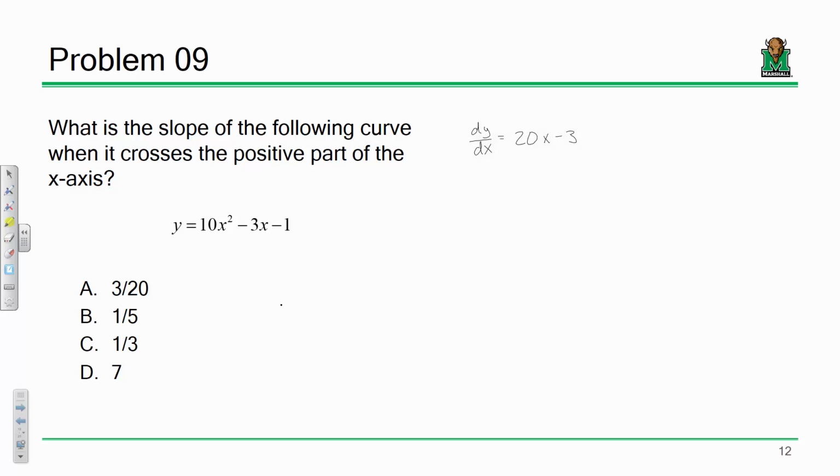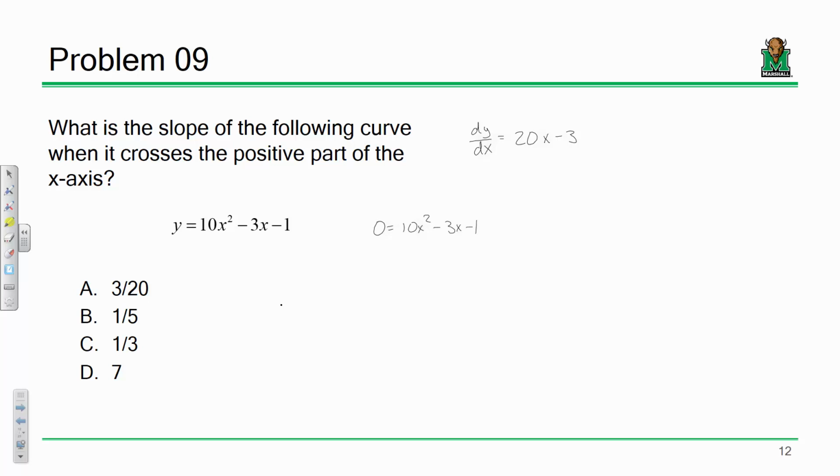So let's digest that for a bit. When you cross the x-axis, what's the x value? Or what's the y value? Sorry. 0. So we need to figure out what values of x will make y equal 0. So why don't we set this equation equal to 0 and solve for x. Let's see what happens. So if I set this equation equal to 0, so 0 equals 10x squared minus 3x